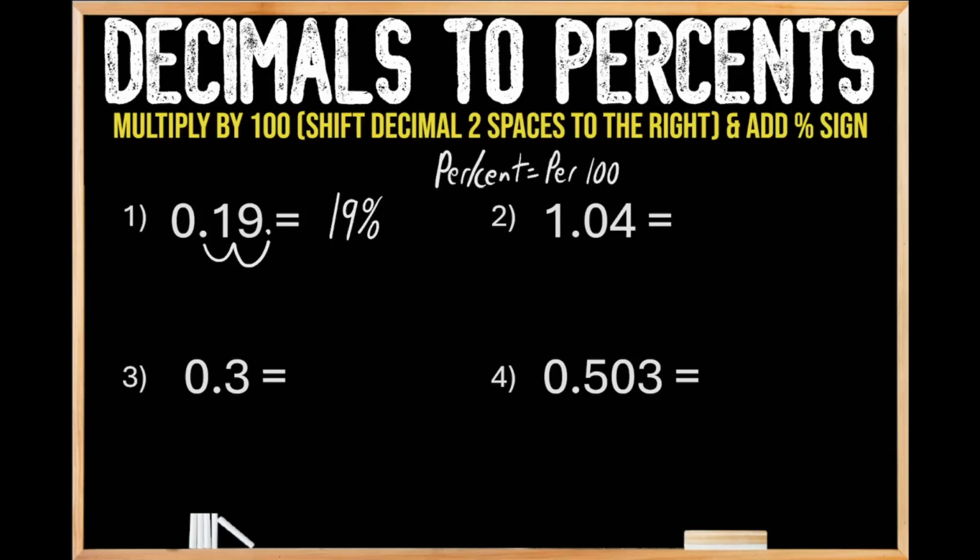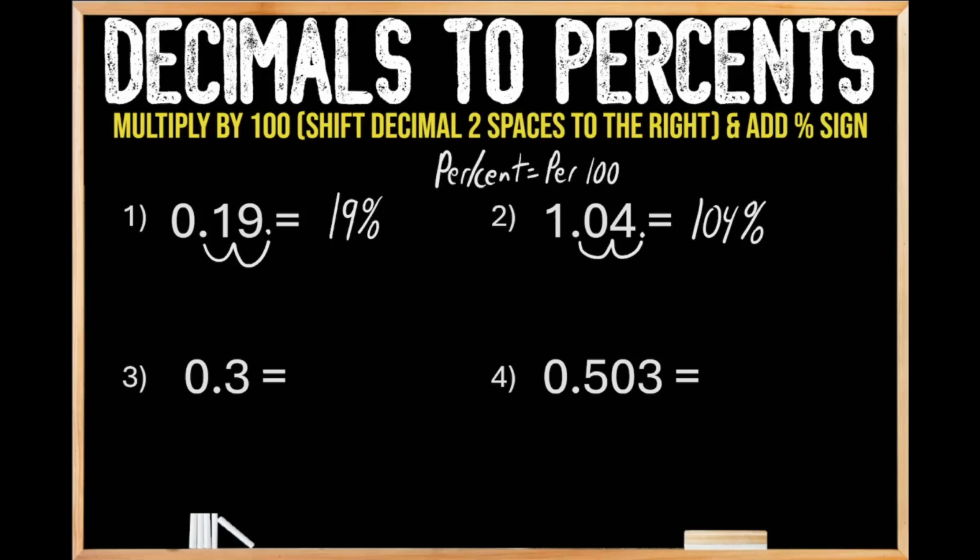Now moving on to question number 2, where this time we're being asked to convert the decimal of 1 4 hundredths into a percent. So once again, we're going to multiply this decimal by 100 by shifting the decimal 2 spaces to the right, which is going to give us 104, and then we're going to add our percent sign. So the decimal of 1 4 hundredths converts into